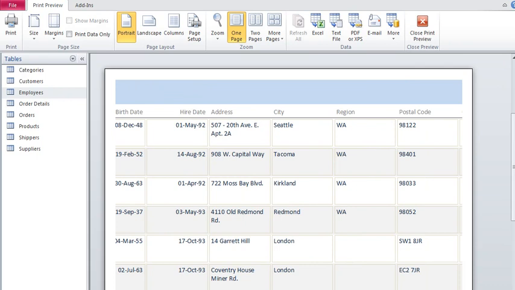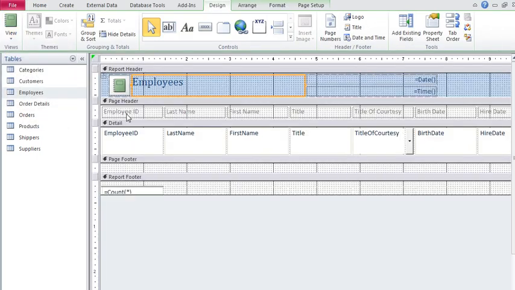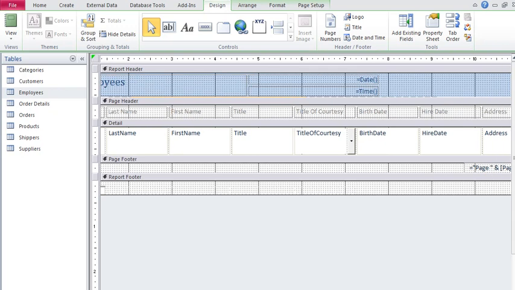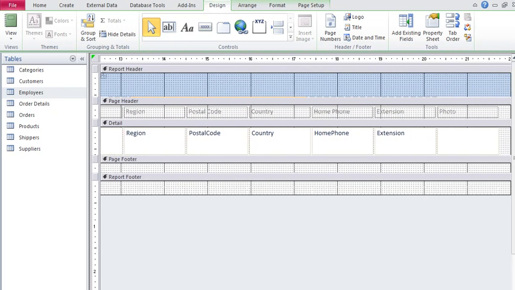Well, let's close the print preview and go to design view of the report. Here's my ruler. My ruler's open. How many inches wide is my report? Well, it's 22 inches wide. Okay, so even if I landscape this, we will never be able to get to where one record is printing per one line. So just be aware. Think about it. You're going to have to rearrange things so that